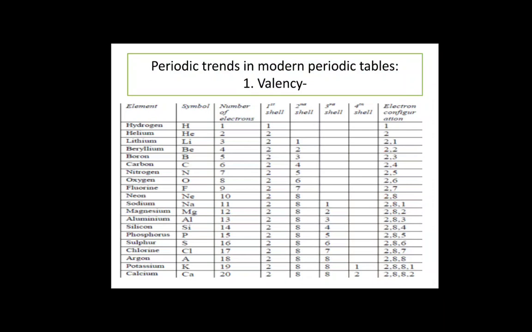The atoms having 5, 6 or 7 valence electrons generally take up 3, 2 or 1 electron from the atoms of other elements and show valencies of 3, 2 or 1. For example, chlorine. The atomic number of chlorine is 17. The electronic configuration of chlorine is 2, 8, 7. In the outermost shell of chlorine, there are 7 electrons, so the valency of chlorine is 1.